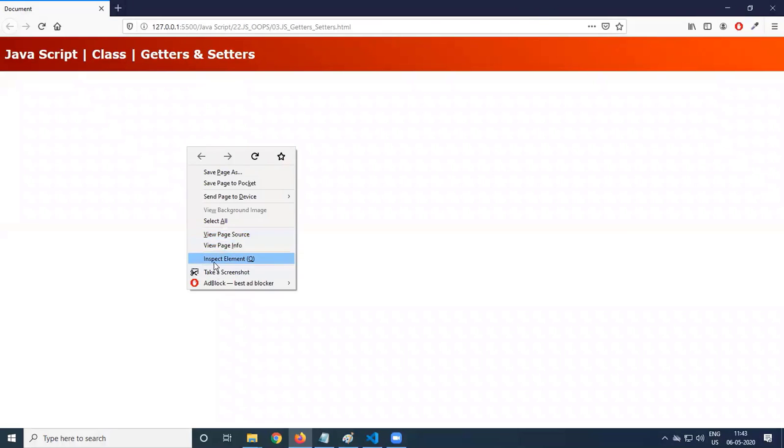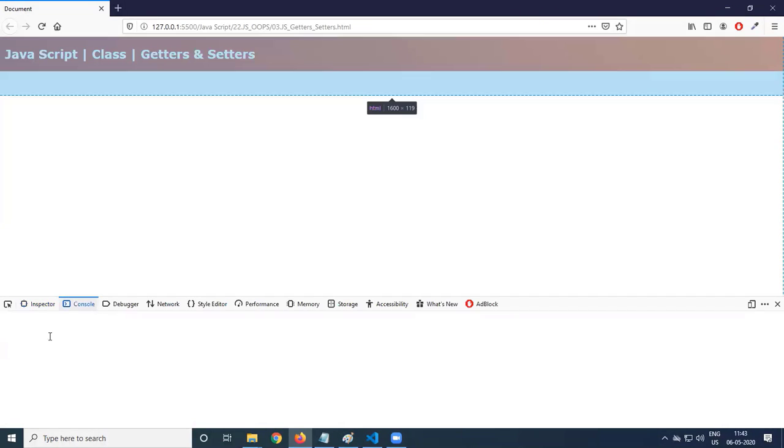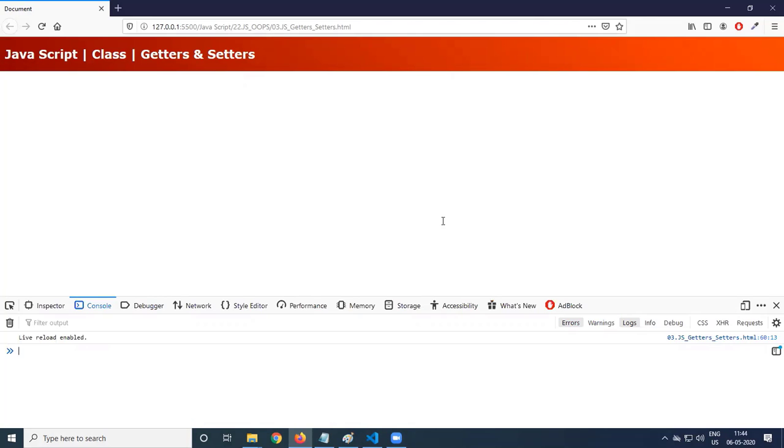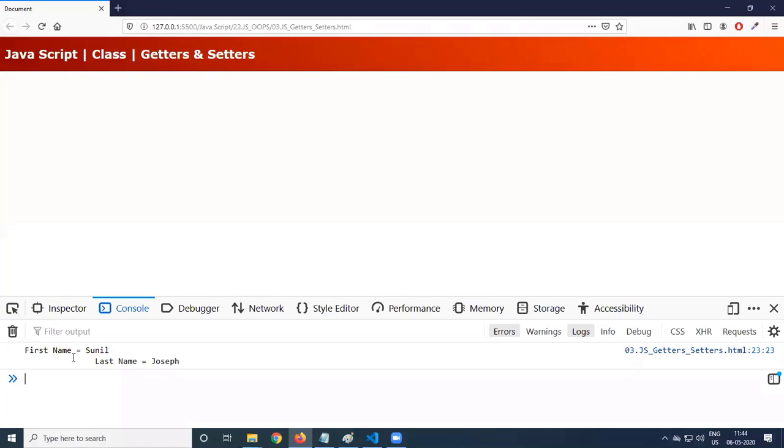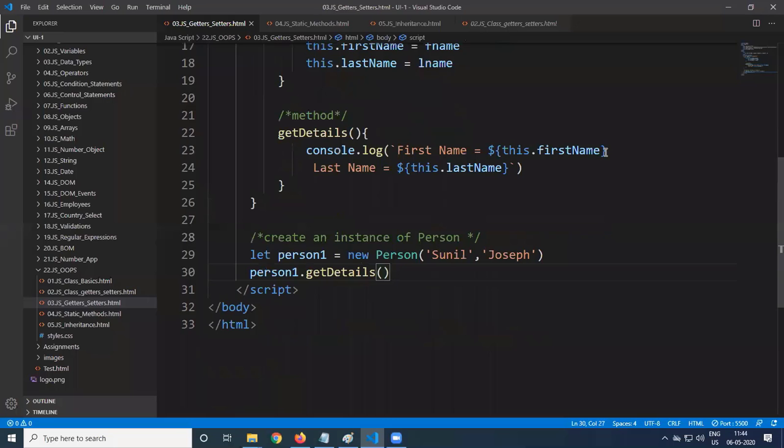When you come to the console, no outputs are coming. Now let the object call that method: person1.getDetails(). Whenever you call a method, opening and closing brackets have to be given. getDetails is a method, and what we are getting is first name Sunil as well as last name Joseph.